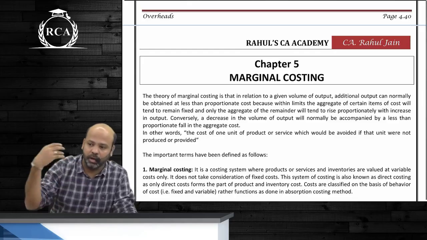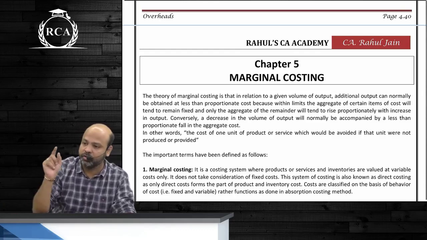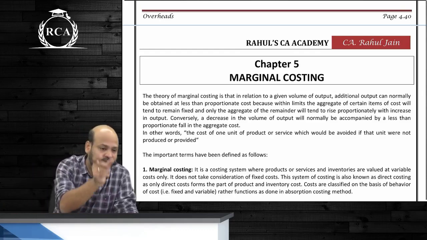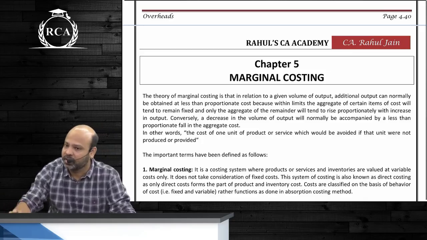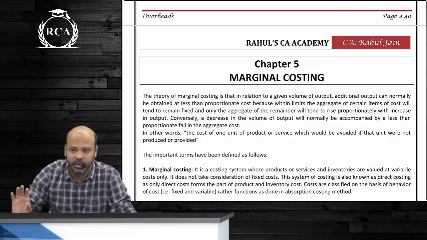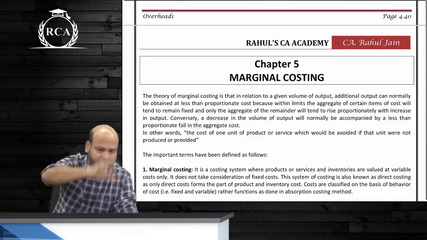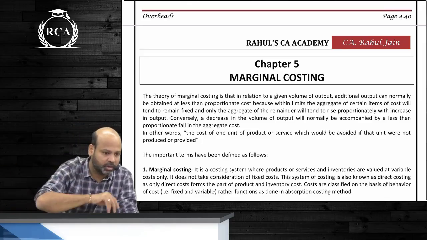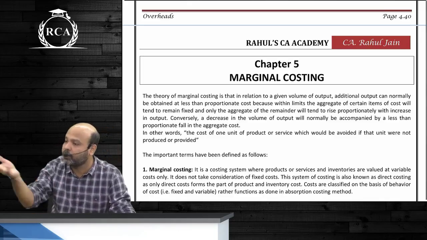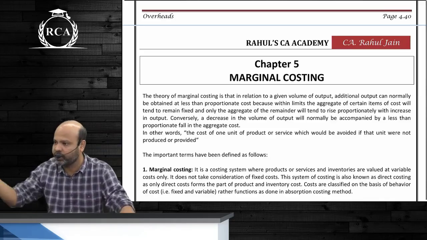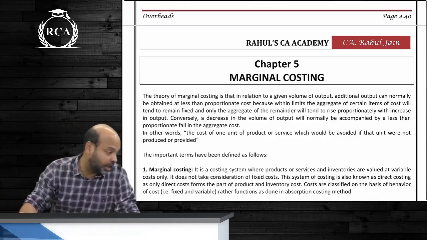Remember, guys, I am not talking about whether you will incur the expenditure or not. Just because you're not including some expenditure in the valuation of inventory, that does not mean someone is sponsoring the expenditure. You still have to pay the expenditure out of your pocket. Whatever expenses the organization incurs will be written on the debit side of your trading account, P&L account. If it is to be included in the valuation of inventory, it will form part of closing stock valuation. Otherwise, it will not form part of closing stock valuation. And if it can be included in the value,